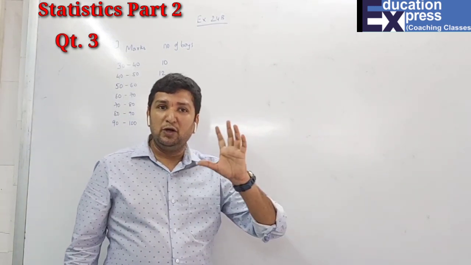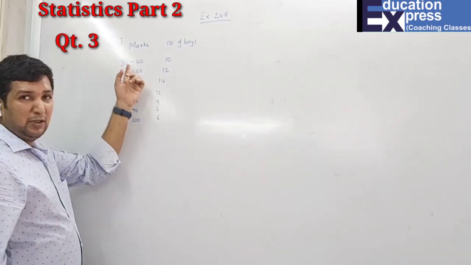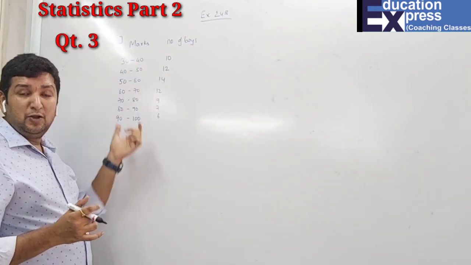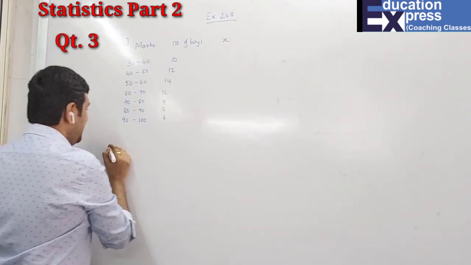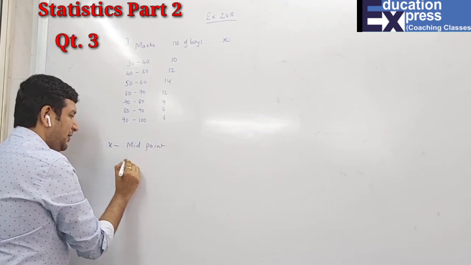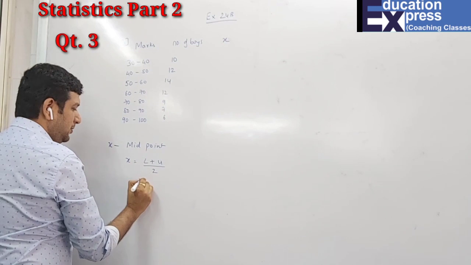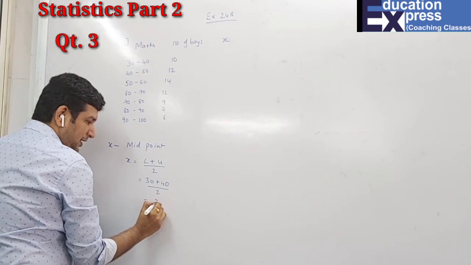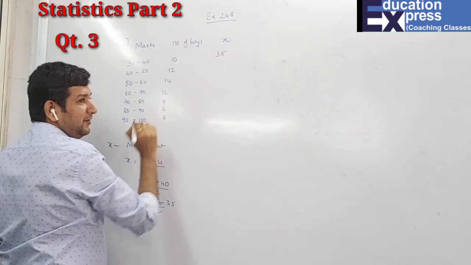If you remember, I have told you earlier also, whenever there is grouped data, here observation is 30 to 40, that means we do not have a particular number. So when you have a class data, you have to first find your x. And how to find the x I have shown you earlier also. The x here is your midpoint, which you can find by lower limit plus upper limit divided by 2. So what is the lower limit, students, over here? 30, upper limit is 40, upon 2, that is 70 upon 2 is 35. So first is your 35.